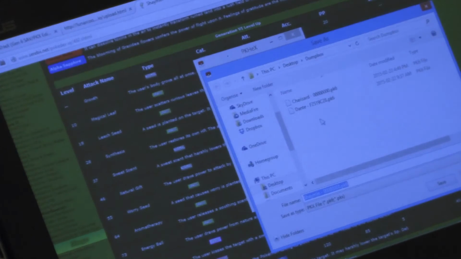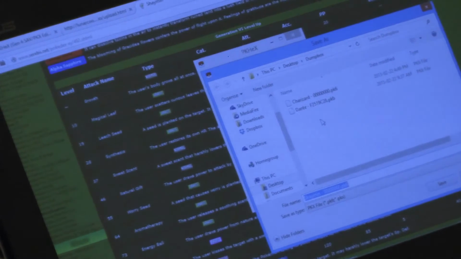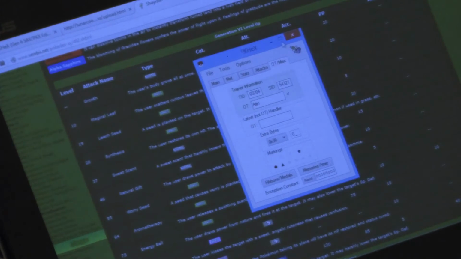Personally, I would recommend for easy access, create a folder on your desktop. That way you're not going to be having any issues trying to locate the file. So call it whatever, it's going to automatically default to a name. Just simply click Save. So now, let's minimize this guy